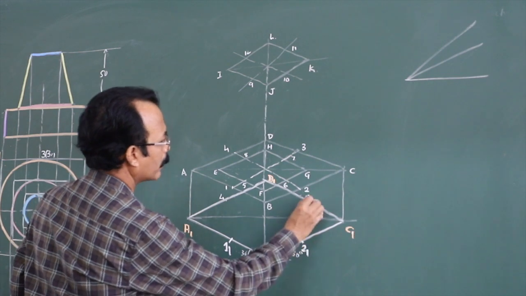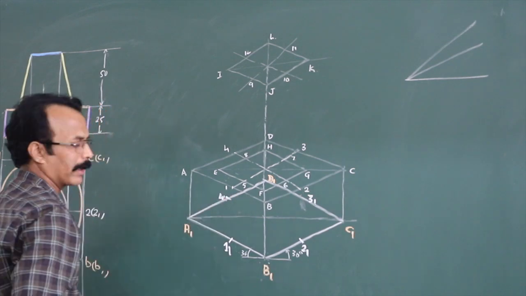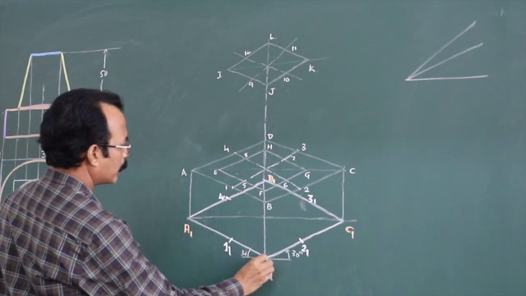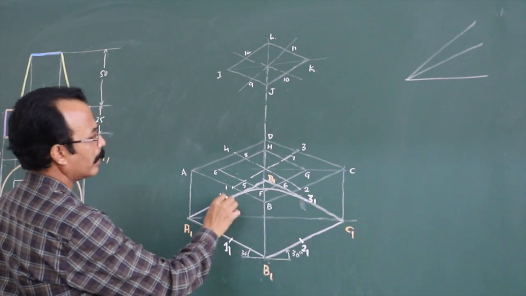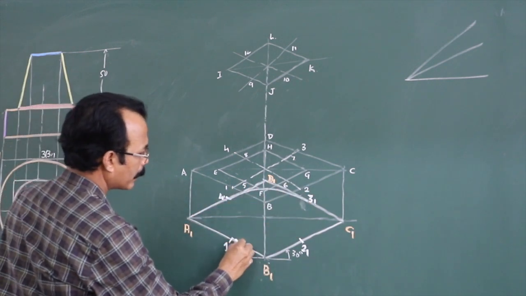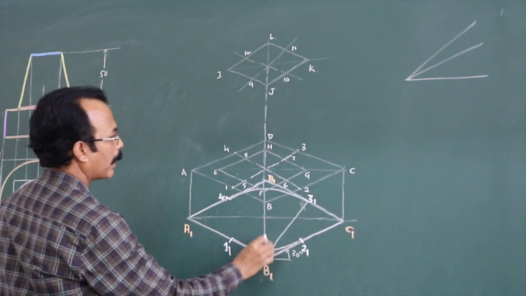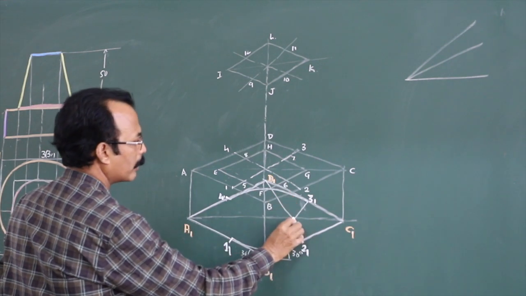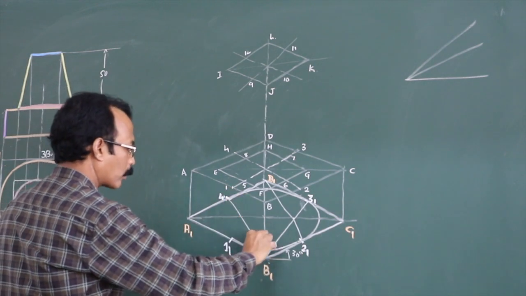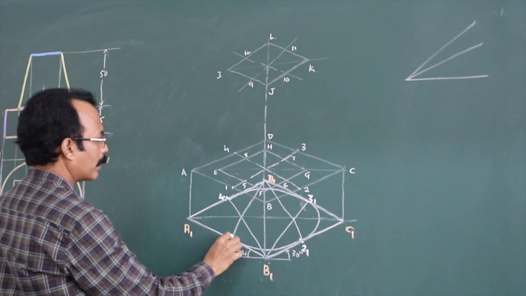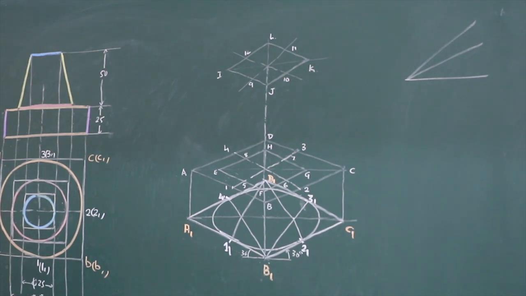midpoints 2_1, 3_1 and 4_1 here. Then with light lines, you construct the ellipse with B1 as center, B1 to 3_1 or 4_1, first arc, D1 center second arc, then connect B1 to 3_1 and D1 to 2_1, you will get the new center, get this curve, then connect B1 4_1, D1 1_1 and draw this part. So this is your bottom ellipse there, right?